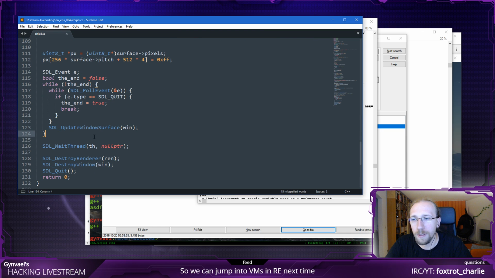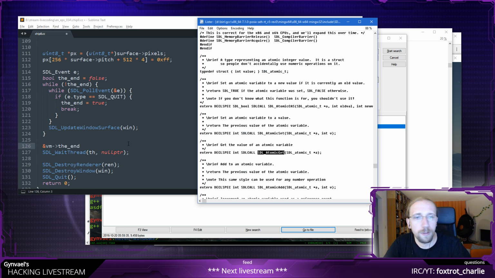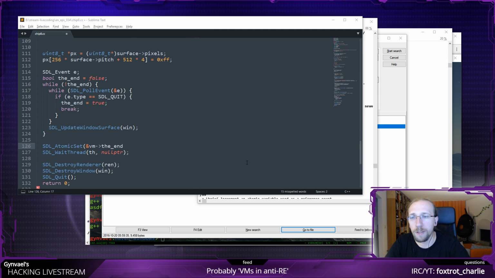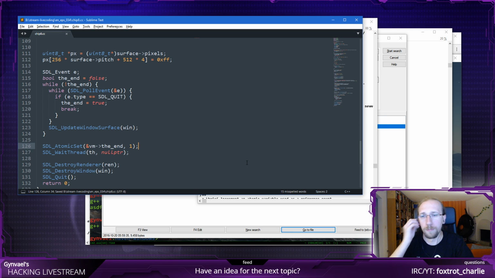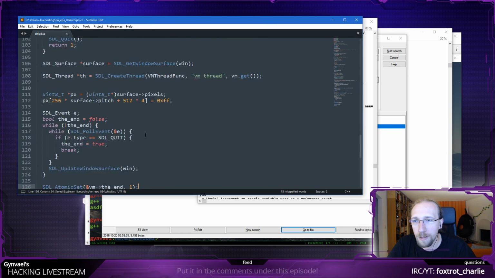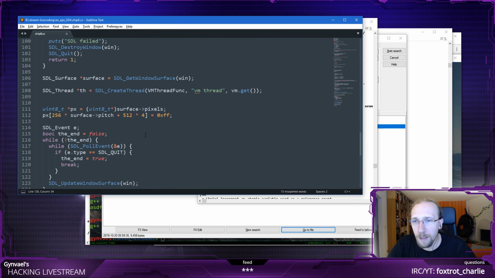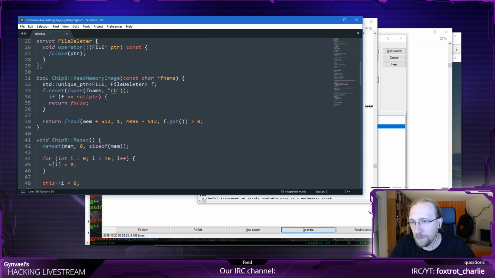However, here, before this, I need to make sure that the end is actually written to, and what I write there, using the atomic obviously, is some non-zero value. 1 is a good non-zero value. I could write a comment here like, let the other thread know that we are finishing, but I am not going to do it. Actually, when writing production code, I wouldn't do this here.